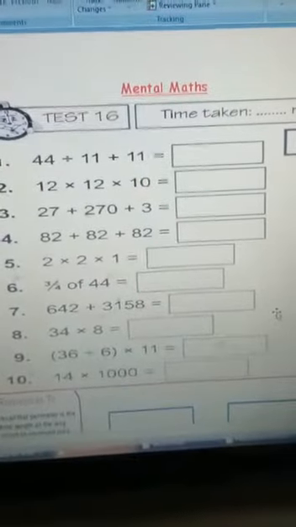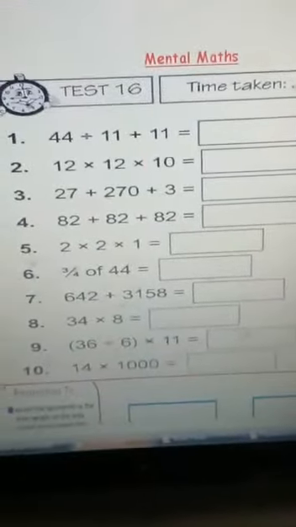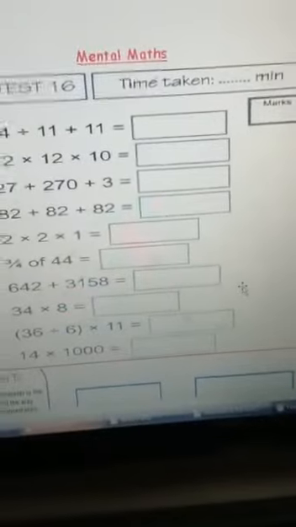I'll start off with test 16, time it yourself test, quick 10 questions, and don't forget to record your time. Check your answers at the back of the pack. Okay, next thing we're going to do